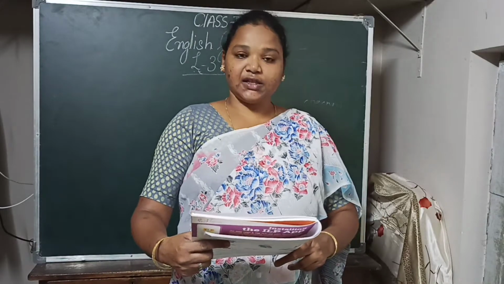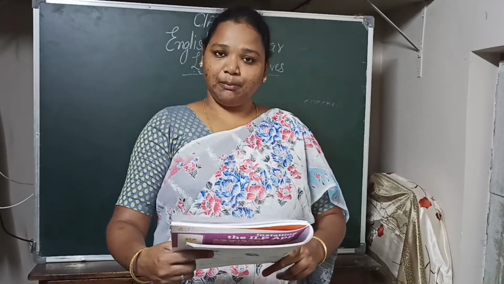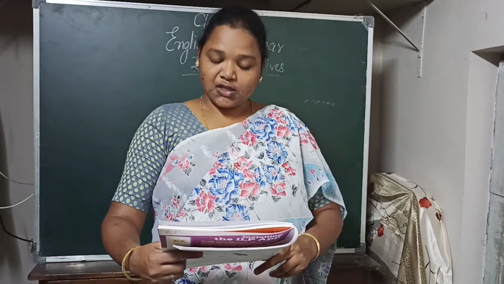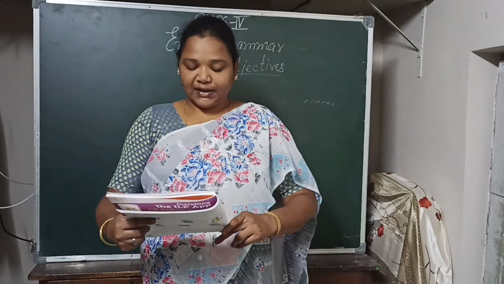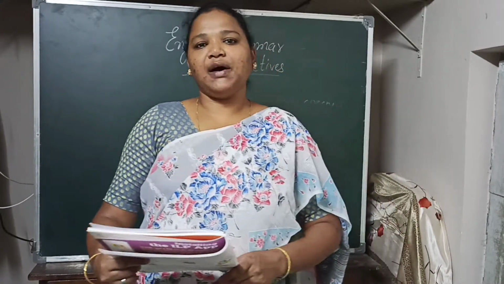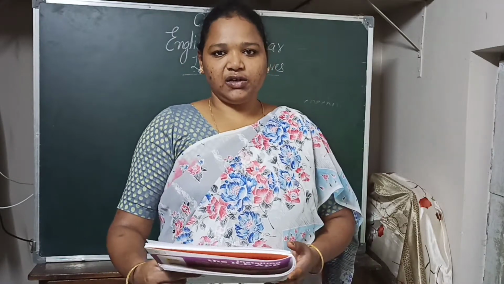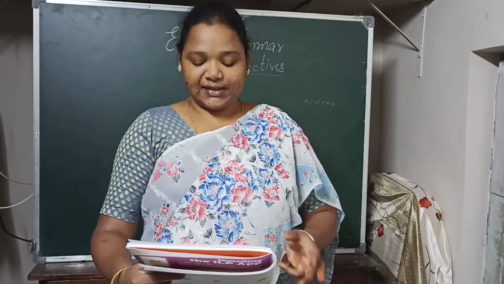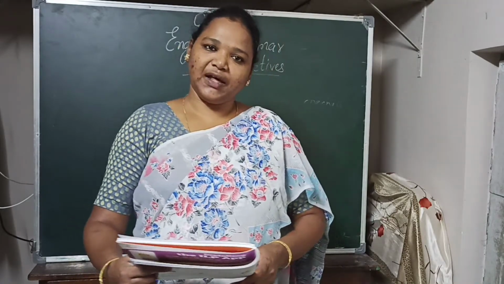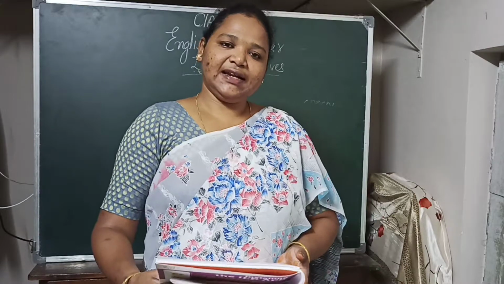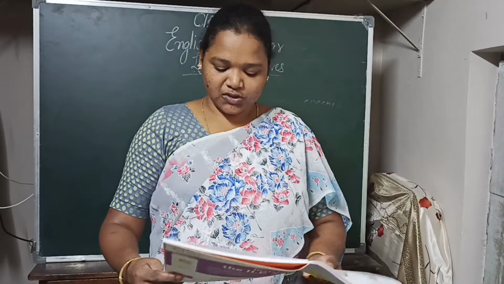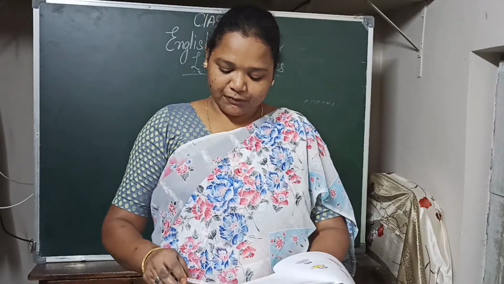Then the third one is when the quality of more than two things is being compared, the adjective used is in the superlative degree. For example, sweetest. So the third degree is superlative degree. In this degree, we are comparing more than two things. Okay. So for example, sweetest. So the adjective used in this degree is called superlative degree. When we are comparing more than two things, the degree is called superlative degree. Okay. The comparative and superlative forms of adjectives can be formed in different ways.